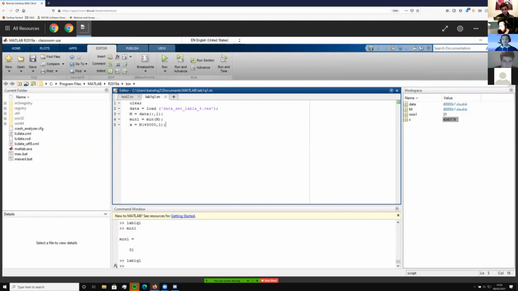Now, if you ever get another question where you need to find the 78th element of this one-column matrix, you can just take this line and replace 45,000 with 78, and that way you learn at least what it looks like. If you're looking at code online, or at notes, you know that this means the 45,000th row and the first column.